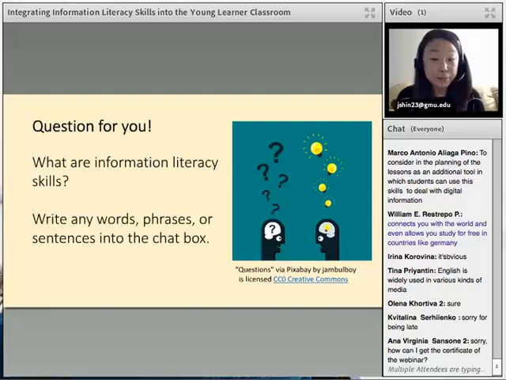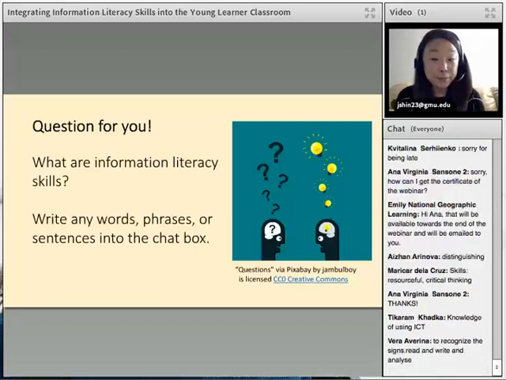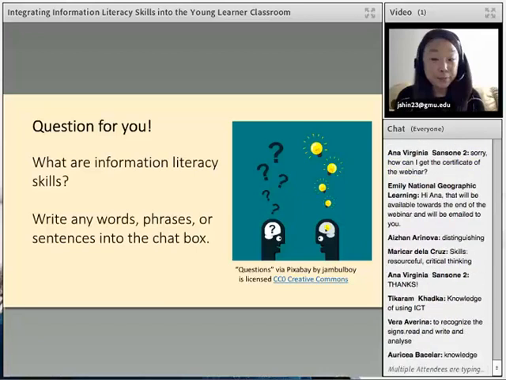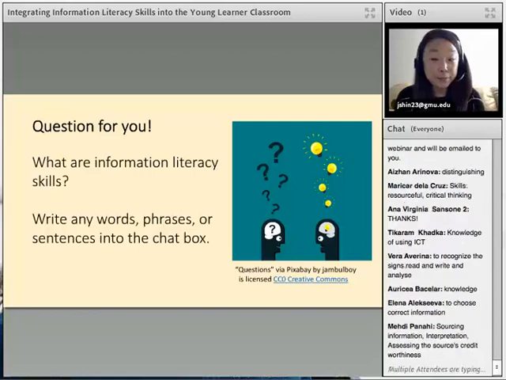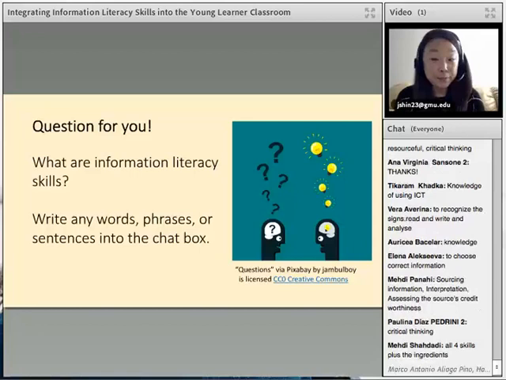These are quite similar skills that you will see in the partnership for 21st century learning or P21,